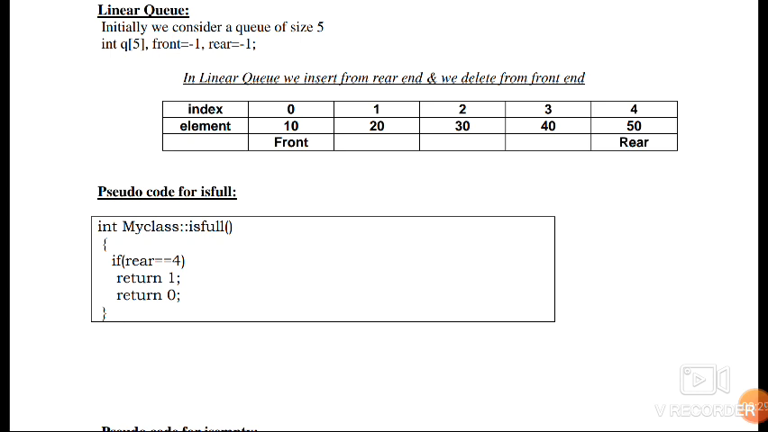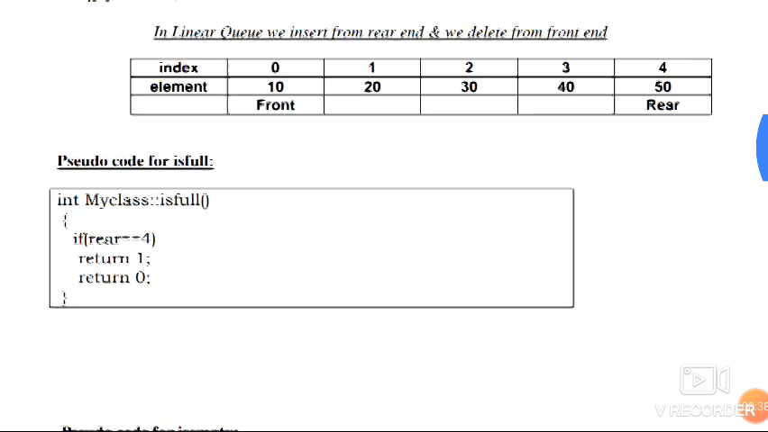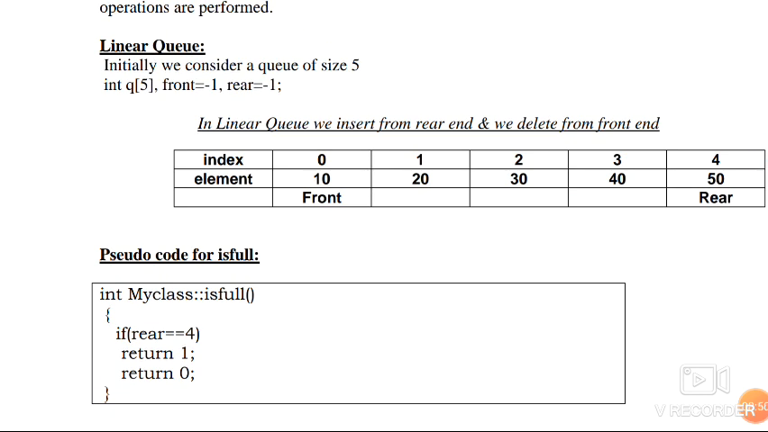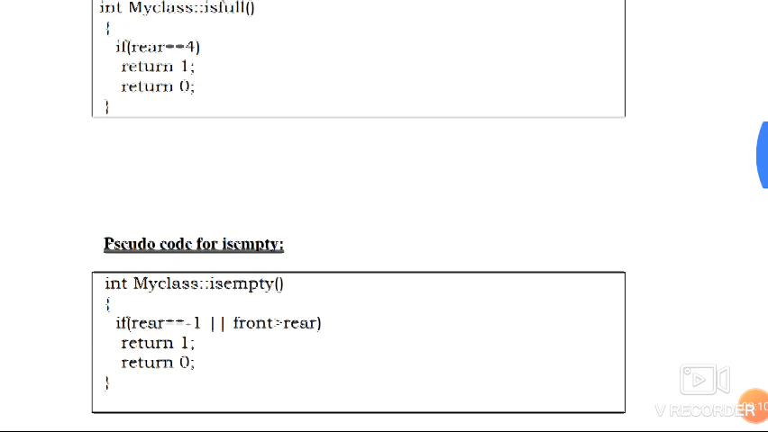So whenever rear is pointing at 4th index, definitely we can say queue is full. So this is the algorithm to check whether queue is full or not. If rear is pointing to 4th index, basically I have taken here size of queue as 5. In general, if the size of queue is n, and if rear is pointing at n minus 1 index, we can say queue is full. It will return 1, otherwise 0. Similarly, next,